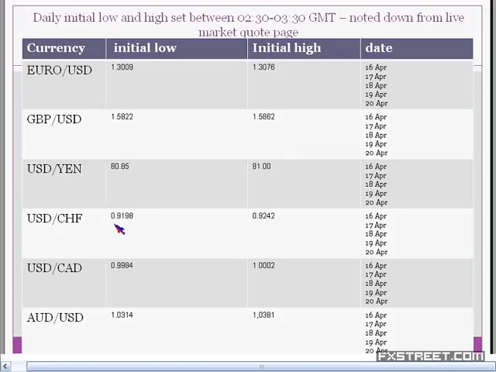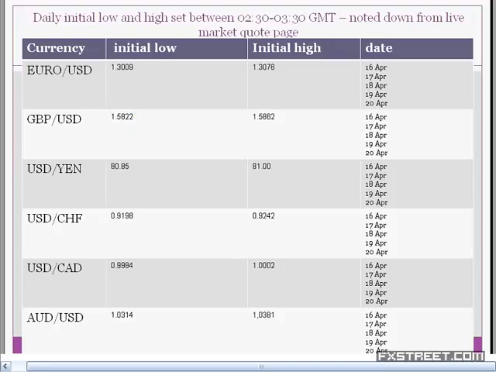Then USD CHF 91.98 and 92.42, they have not been breached. Canadian dollar breached the high by 2 pips, and the low is undisturbed. Australian dollar just breached the low by 2 pips and has gained the levels. You know the commodity pairs lead the rally and lag behind. On the downside, Australian dollar led the rally, making about 53 pips negative net change, and the euro 60 pips negative net change. Now they are expected to gain the levels in Australian dollar, and slowly gain the levels in euro and GBP step by step during the day.